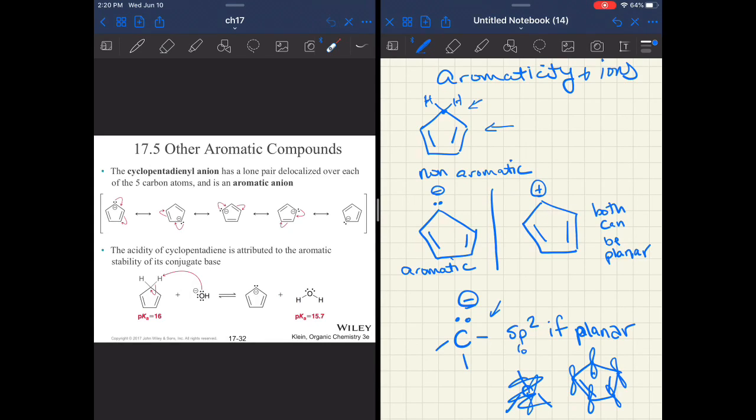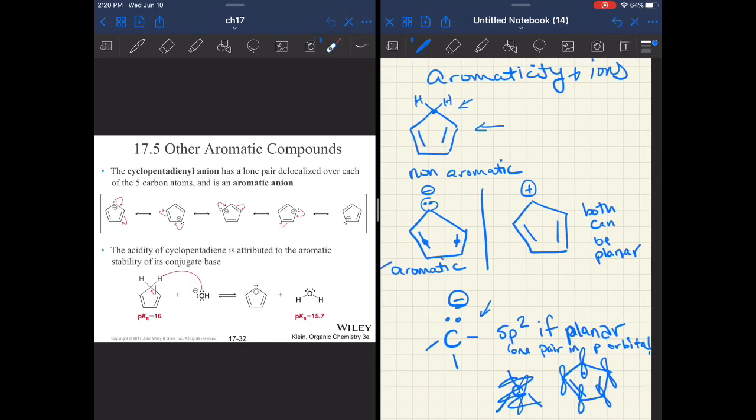So the lone pair goes in the p orbital. So now, when we check the rules, there are 6 electrons, or 3 pairs in that pi cloud. 1, 2, and then 3. It's an odd number of pairs, and it satisfies rule 1, so it is